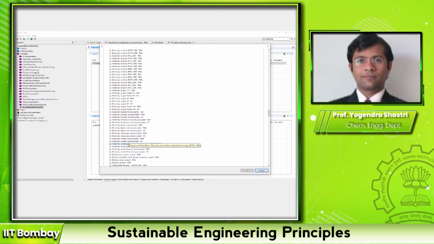Okay. Let us select electricity bituminous coal at power plant US. Okay, there must be one entry for electricity bituminous coal at power plant US. So we will select that.